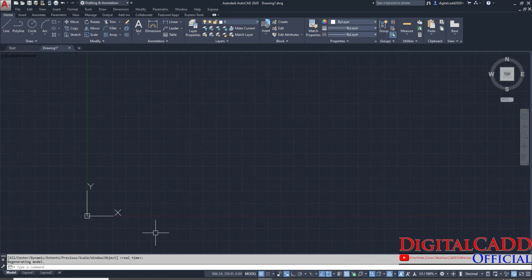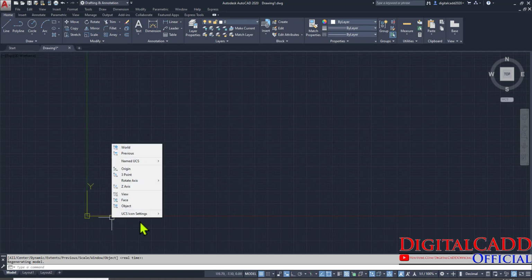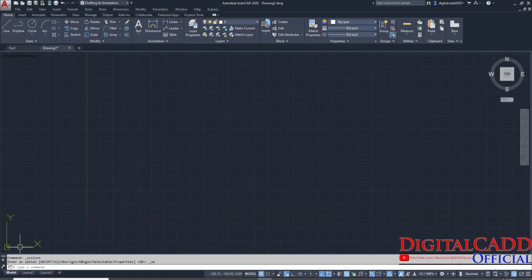And one more thing, you have to set this UCS, which means User Coordinate System. Just set this UCS icon at the origin. Right click here, go to UCS icon, choose UCS icon at origin, so it will be set to its origin. Make the grid mode off by pressing F7 like this.